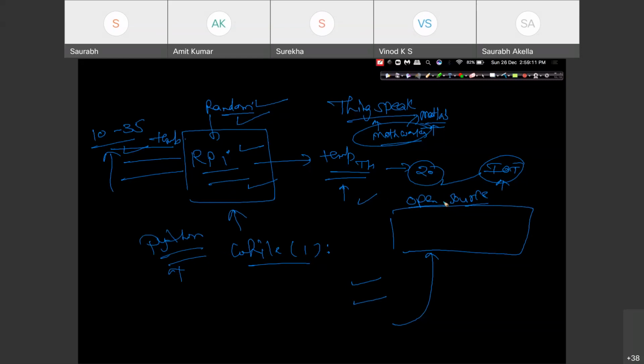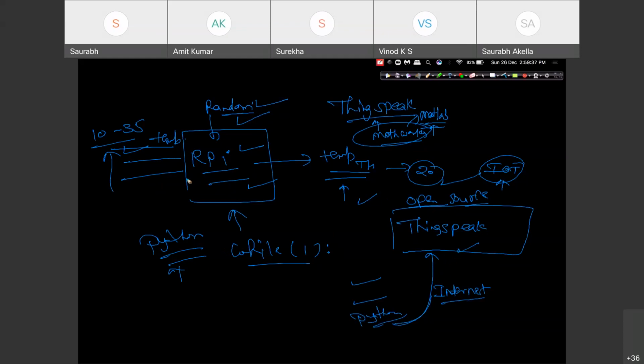So there's a cloud called ThingSpeak that we can use as open source. We'll be able to send data through Python to this ThingSpeak, right? And to share this information, we should have a protocol again, because we are using the internet here. So we should use an internet protocol.